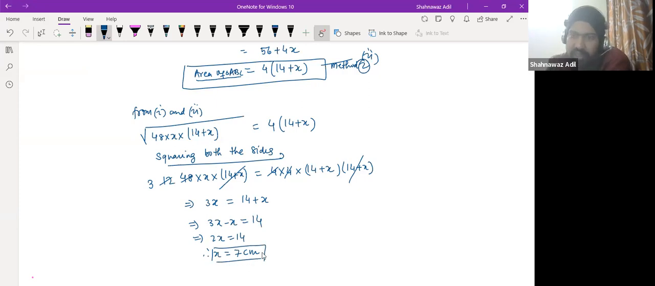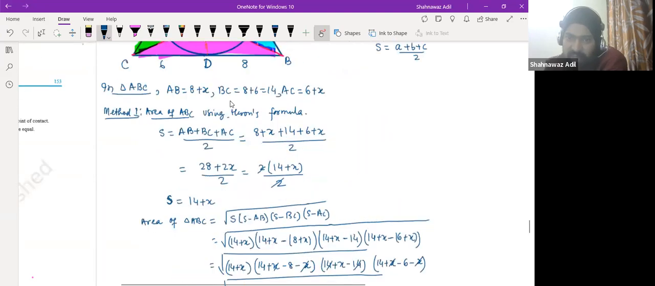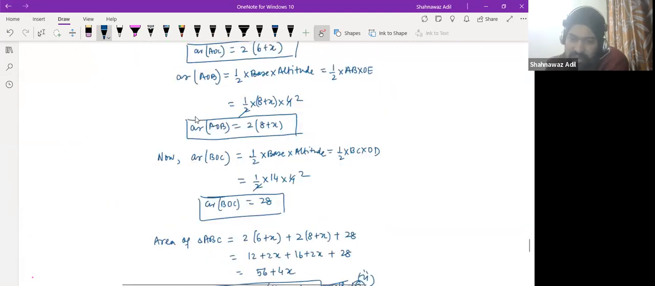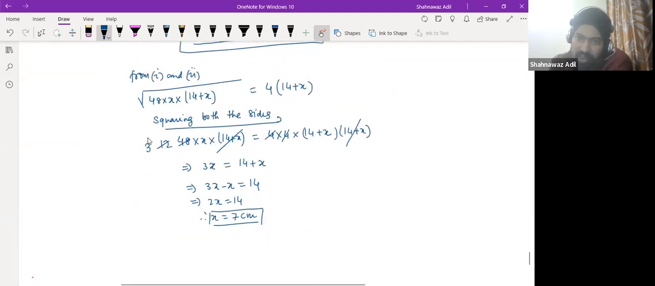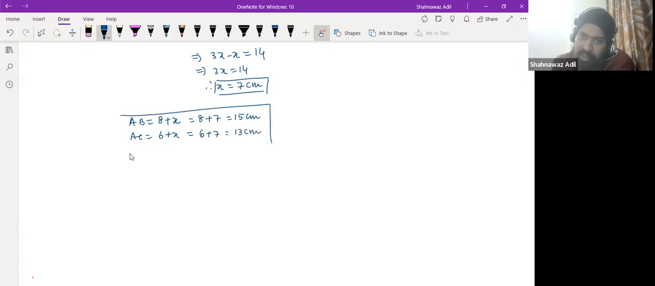Now we have got x. So then what we can find out? The idea was to find out AB and AC. So AB is 8 plus x. AB is 8 plus x, so that is 8 plus 7, which is 15 centimeter. And AC, that is 6 plus x, which is 6 plus 7. This is the answer. This was a lengthy problem, but the idea is to use two methods to calculate the